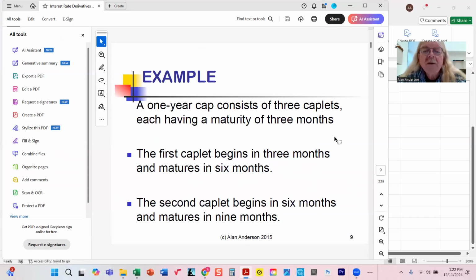Now, the way these are structured, a 1 year cap actually only has three caplets in it. It doesn't sound right, does it? Each with a maturity of 3 months, because the 3 month rate today is already observable and there's no need to hedge it. It's the next three that we're worried about. Okay, in other words,